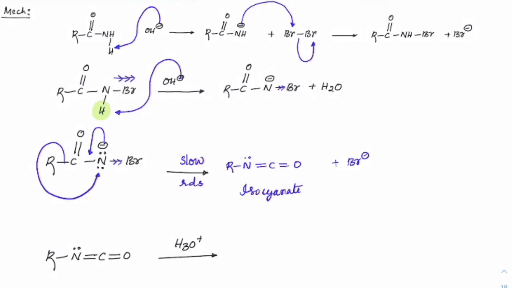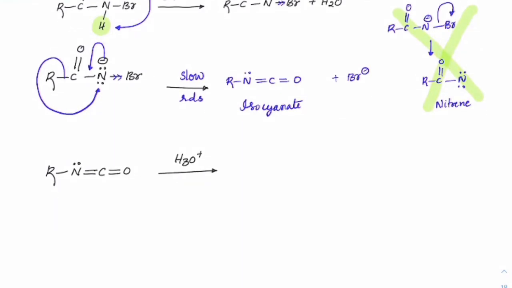It was earlier believed that there may be a formation like this: C double bond O, N minus, Br is present, so Br might leave, and we might get R C double bond N with this. This is a nitrene. But the nitrene formation is very much in traces. Rather, we can say there is hardly any nitrene formed. So if in an exam you come across this nitrene, say no to it. There is no formation of nitrene. Directly a concerted step will take place here, and Br minus will leave, making isocyanate. Got it? So remember this doesn't form.